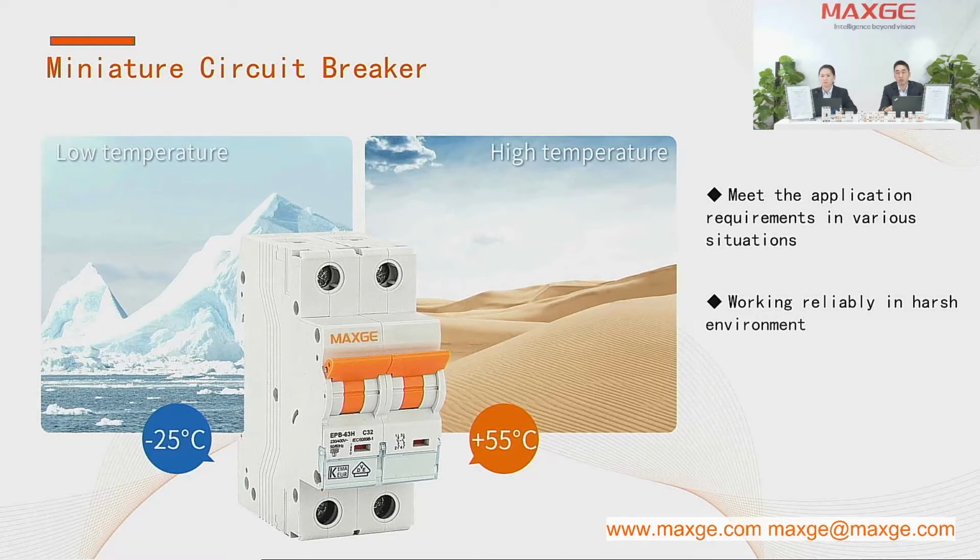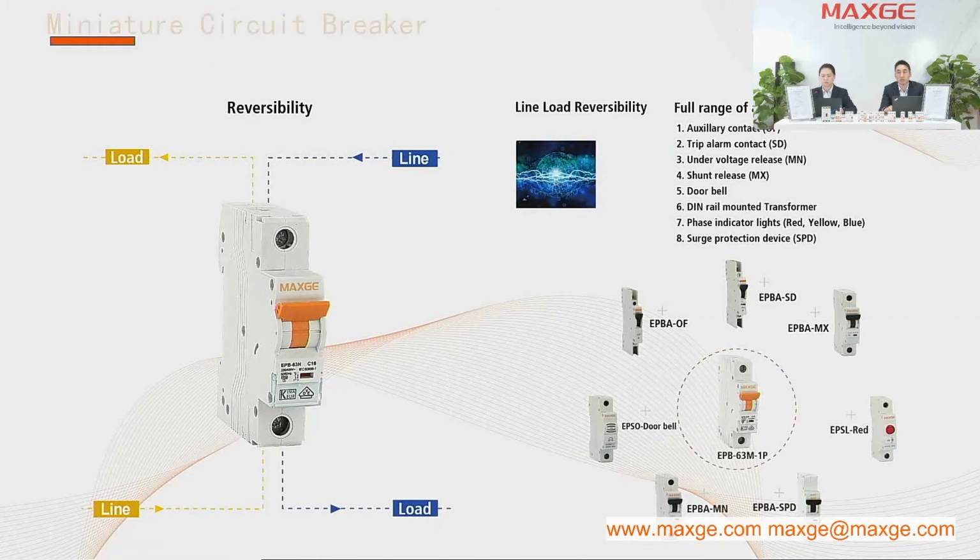As you know, the environment temperature in North Europe, such as Finland, Norway, the temperature are very low. Meanwhile, the Middle East and Africa is very high, and our MCBs can also work reliably in such kind of harsh environment. Also, we have full range of accessories which is matching with our MCB, like auxiliary contactor OF, tripping